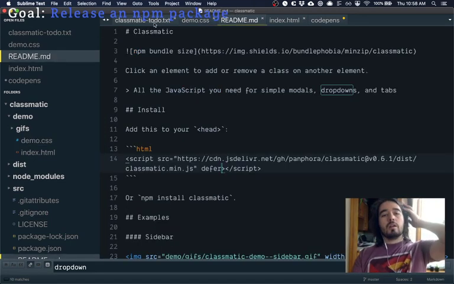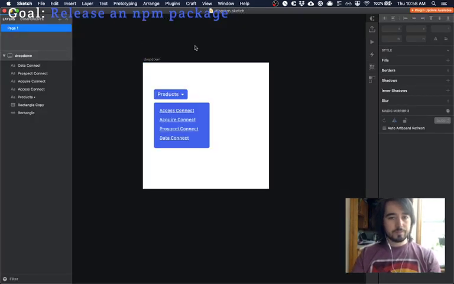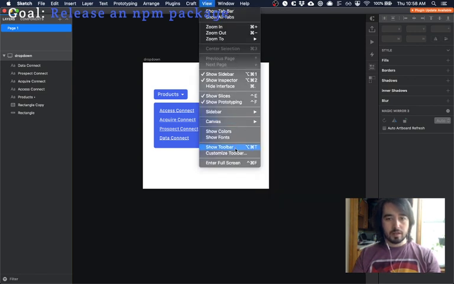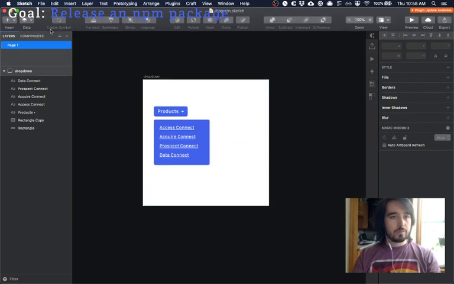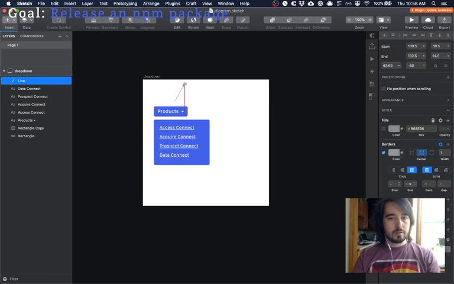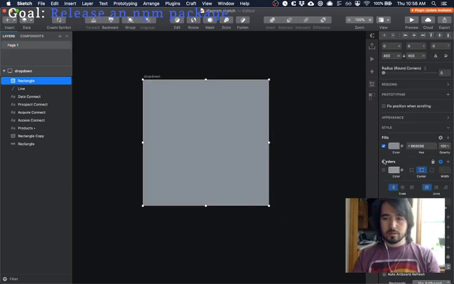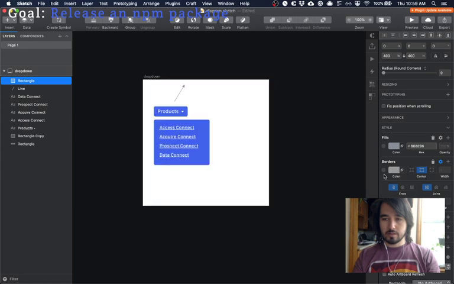So Classmatic to do: show click defaulting to adding a body class. Okay, so we're going to have an arrow. So first we want to bring back our toolbar. We want to insert shape, arrow. Okay, and we need a border around this whole thing to represent the body. So let's get rid of the fill. We're going to add a border inside